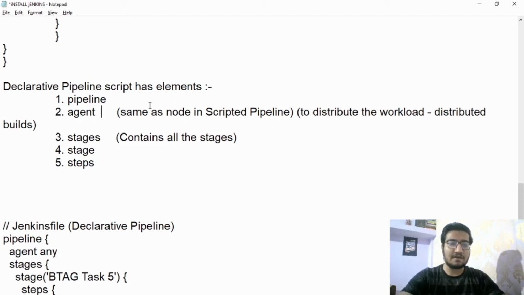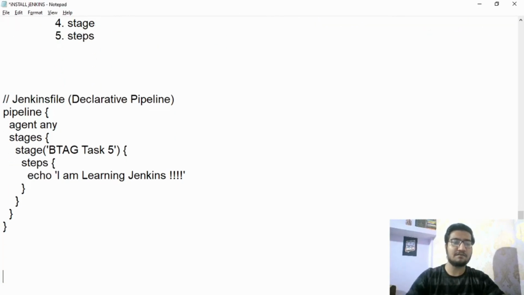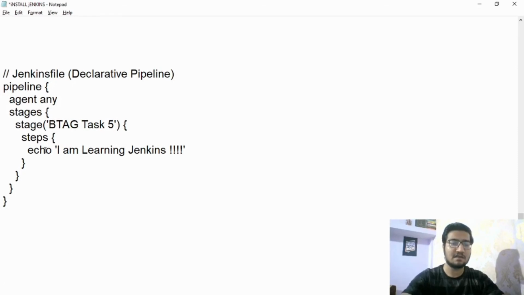So let's move further. Whatever task we had assigned, for that we will use this code. We will make a declarative pipeline in which we will echo I am learning Jenkins. So initially let me go to the code. Pipeline: we are defining that whatever pipeline code will be there, it is in the pipeline phase. Then after agent any means it will run on any agent. Then after, stages are coming, we are defining one stage only, that is btg task 5. And steps are the basic building block of this one stage. And then after we are doing echo I am learning Jenkins,